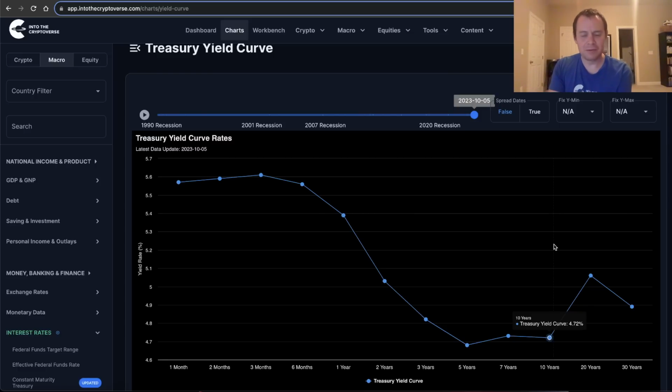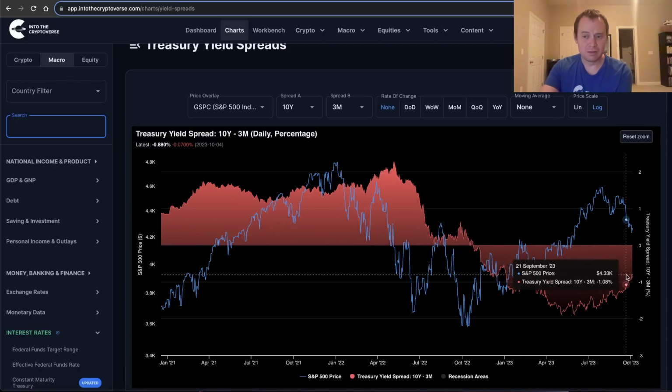So it's different. And the reason it's called a bear steepener is because the long end of the curve is going up, right? So it's basically saying, okay, well, the cost to borrow is going to go higher. That doesn't mean that the long end of the curve on its own will lead to the uninversion of the yield curve, although it's possible. It's possible that something like that could occur. If the long end of the yield curve were to go, say, up above 5.5%, then this would uninvert, right? If it were to go above 5.5%, then we would see the uninversion of the yield curve.